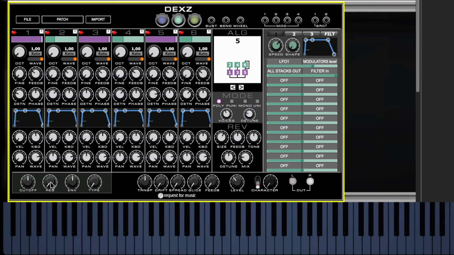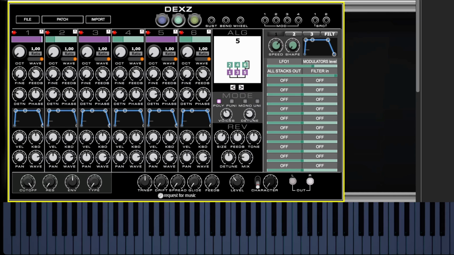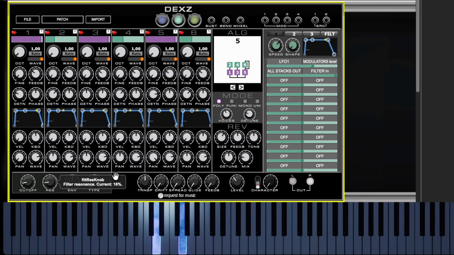So now cutoff, resonance and envelope, and also type, of course, get their actual meaning. So that means that if I dial my cutoff back, it will be a very warm and dampened kind of sound. Whereas if I go all the other way, I have my full sawtooth again. So I'm going somewhere here, and I could use my resonance to take that up,